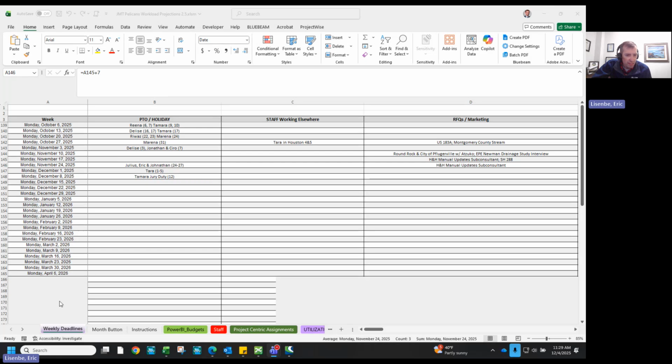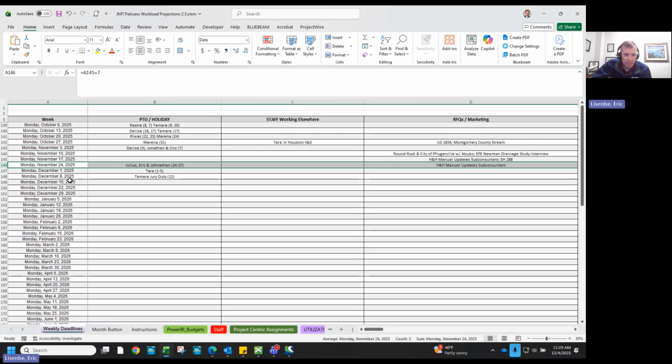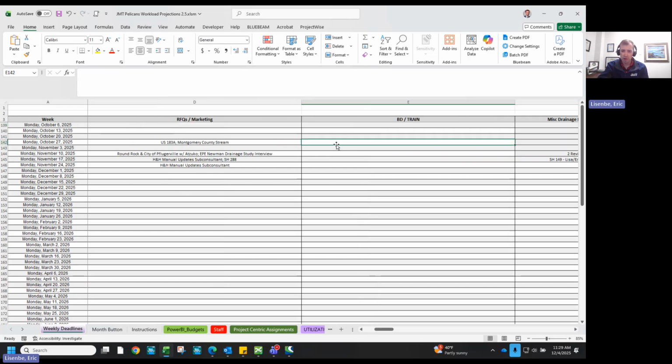So we'll start out with this weekly deadlines tab. This really is what we call a dummy tab. It doesn't have any pivot tables or anything complex in here. We've just got the dates that are equationed in. We use this a lot in our biweekly meetings with the whole Texas Water Resources team, and we just talk through major project issues, upcoming deadlines, put in team members, PTO, and staff working elsewhere, marketing,